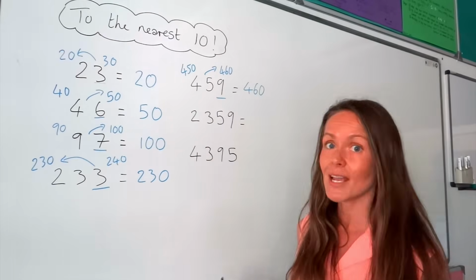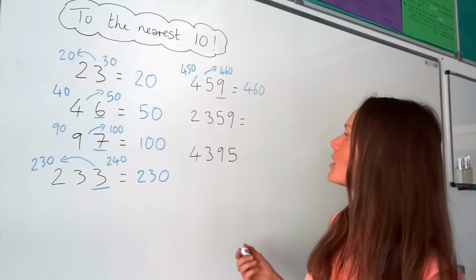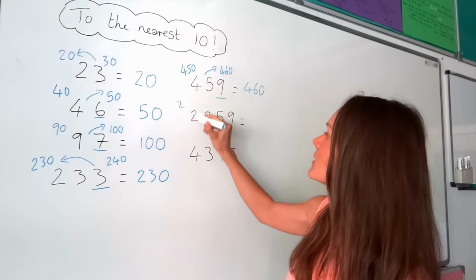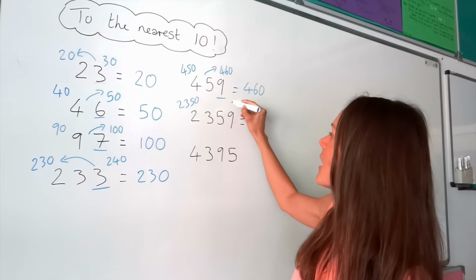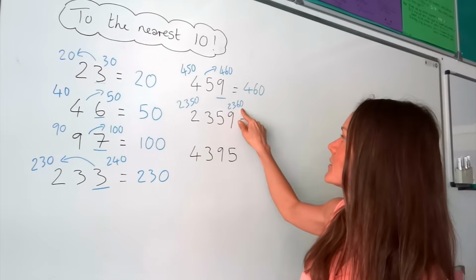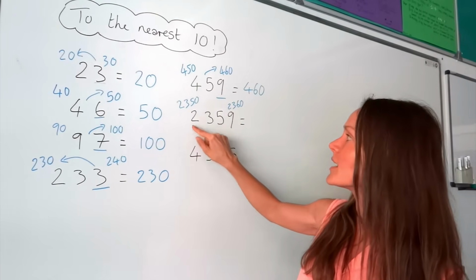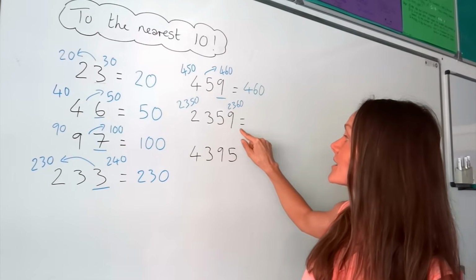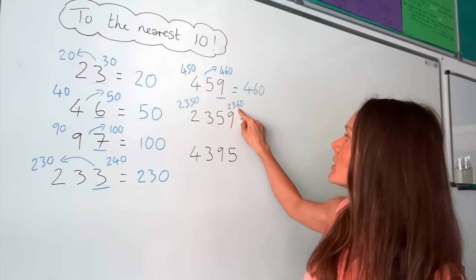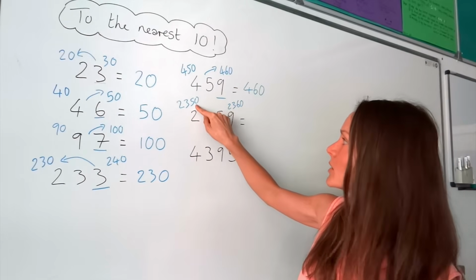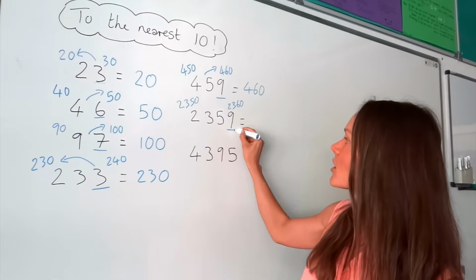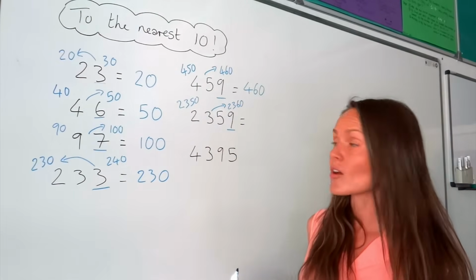Now on to the 1,000 questions. So it's still the same method. Write down the two numbers that are in the 10 times table, one that's smaller and one that's bigger. So for this one, it's 2,350 and that one's 2,360. Now, if you're not sure how to get these sometimes, the smaller one is just this number here, except the 9 is always replaced with a 0. And this number over here is just 10 more than that one. So if I add 10 to this one, it takes me to here. And because the last digit is a 9, it means we're rounding up. So the answer is